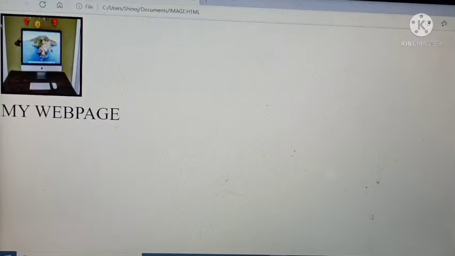Look at this. Now our image is displayed here. The height and width of this image is 200. I already gave that, that's why this image is small. And the border is here, a black border. You can see that around the image. My border thickness is only 6. You can give another value.